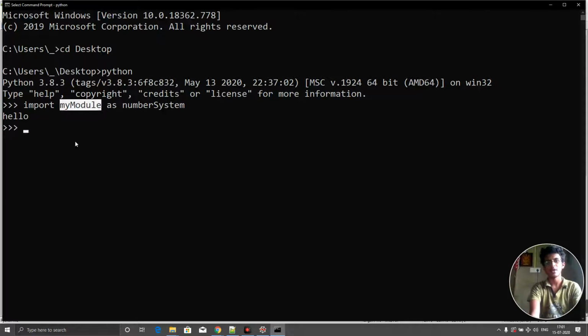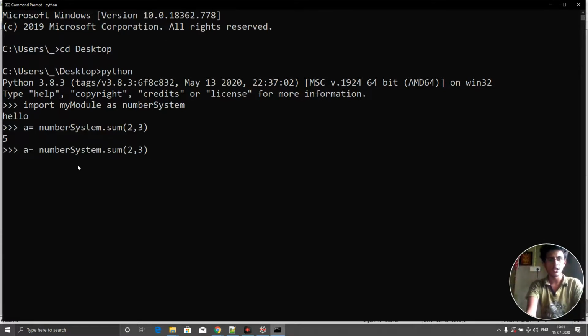So here we just need to use a equals number system dot sum of 2,3, instead of my module dot sum. And I press enter. It will give us the file. If instead of number system I call it as my module, my module dot sum, and I press enter,